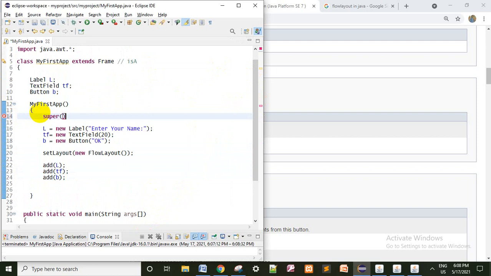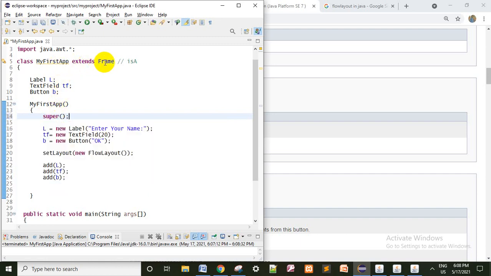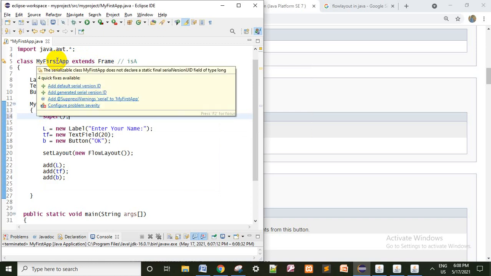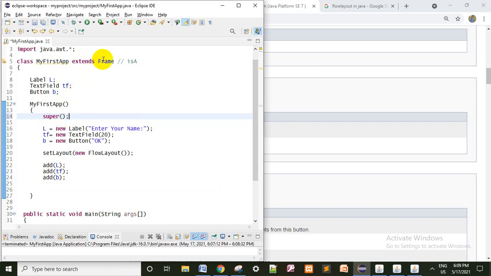Super will call the super class constructor. What is a super class constructor? This is the super class, this is the subclass. This super class has one constructor called Frame, which automatically is called with some text.